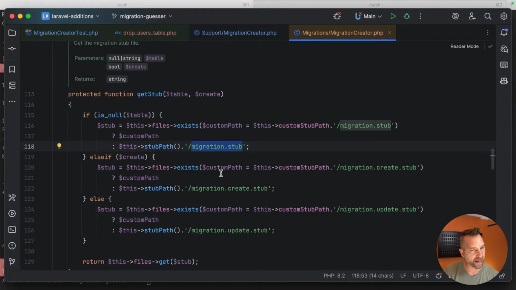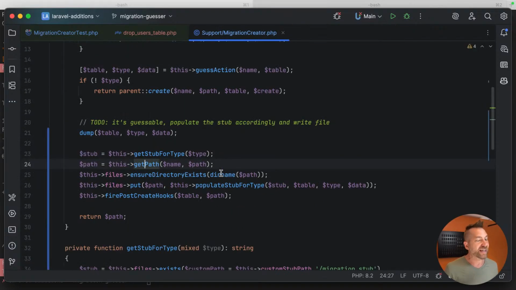What I like about that is you're not making a bunch of your own stubs, and that way if someone did customize these, you're kind of honoring that. But on the same lines, if they did customize it, then whatever that little part you're trying to replace may not exist anymore, and then you're going to end up giving them a really weird migration. So the safe thing to do would be to make our own stubs